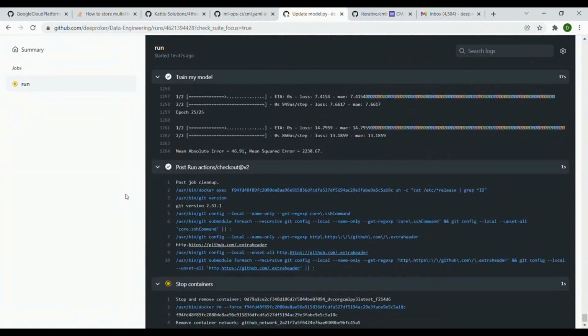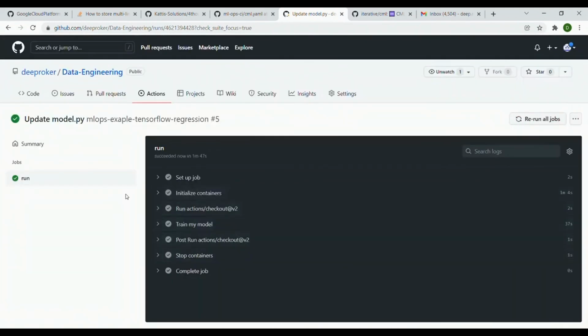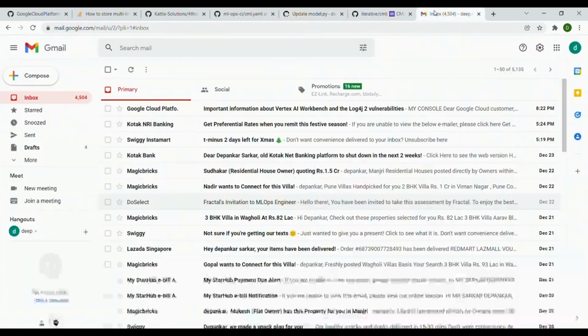Okay, so it has performed 25 epochs. Now it's stopping the container. It's cleaning up the whole serverless setup. It will basically clean up after that particular part has completed, so that the server is not consuming that space again. And then if I want to see what has happened, I should get a mail with respect to my